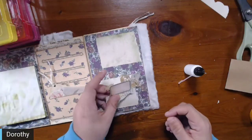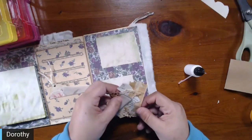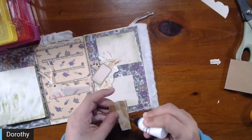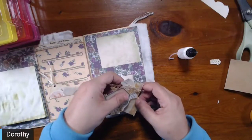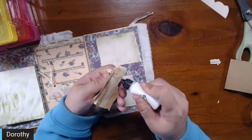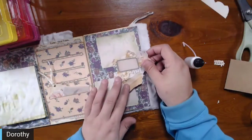Okay, we've got that. Let's see what else we can find. Well, here's the other part of that doily, so maybe we can just, let's tear this part off. I'm just going to put some across there, just enough to attach it. And we'll just hide it up in here. There we go. Let's add a little bit more on the back of this now that I know where we're putting it. We go right like that. And then